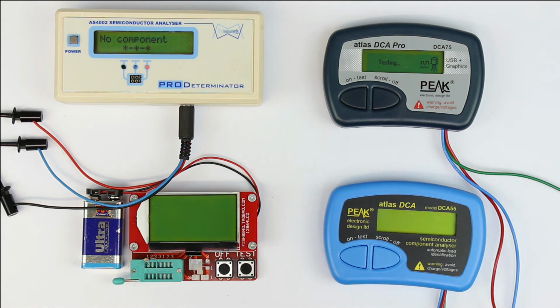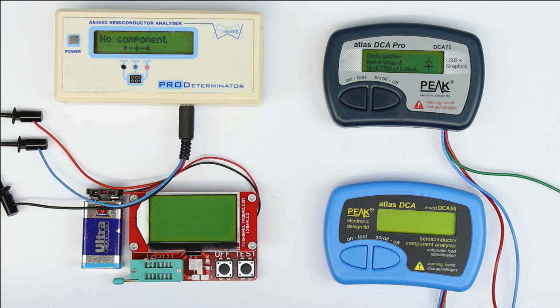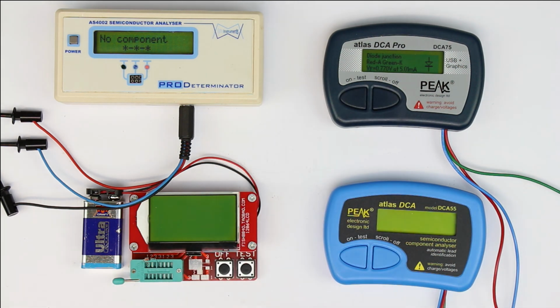Press test again, it's testing, and it only detects the forward diode inside the Zener diode when it's forward biased, but it does not detect the reverse breakdown voltage. So